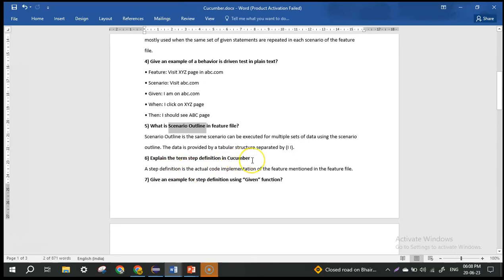Explain the term step definition in Cucumber. I have already told you that step definition is the implementation of the feature file. So step definition is the actual code implementation of the feature mentioned in the feature file. Suppose I am writing here, when I click on XYZ page, this will be written in the feature file. So in the corresponding step definition file, I'll be writing a piece of code which will actually perform this step. Okay,